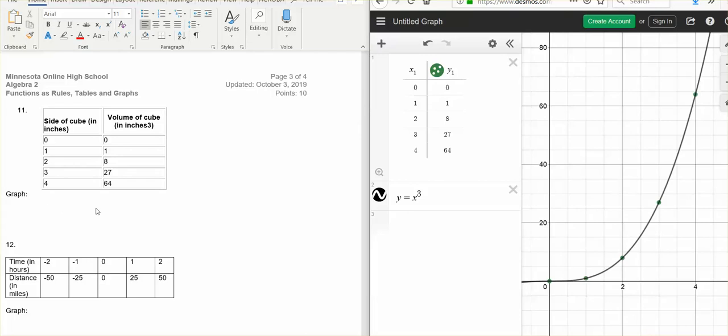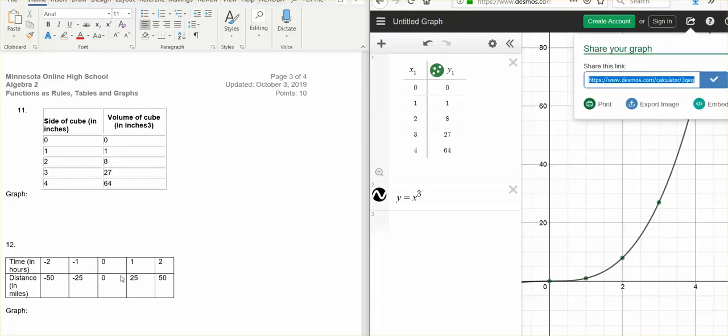So all you have to do is attach the graph. So again, I would get a link, and I would copy that link, and I would paste it here. You can also do screenshots if you prefer, or if you're working in